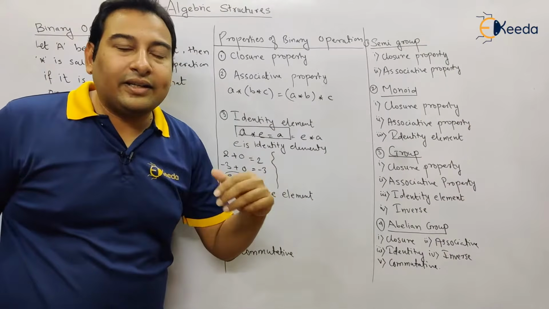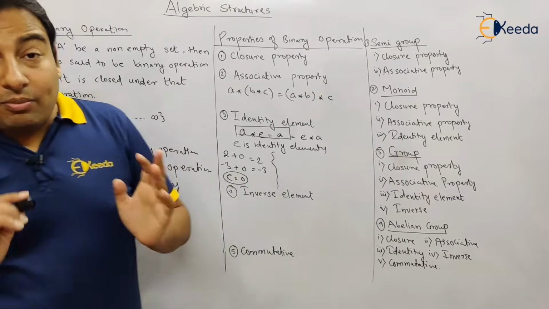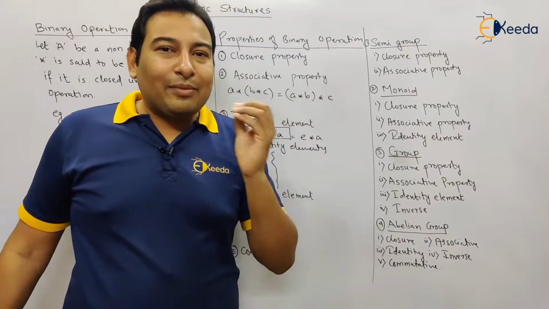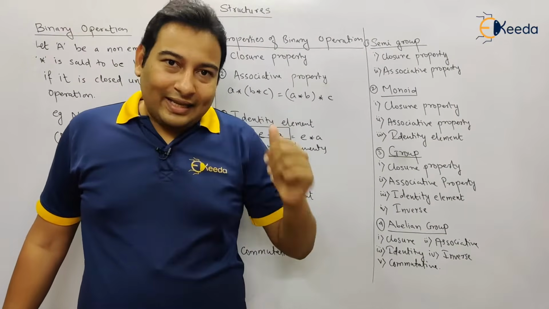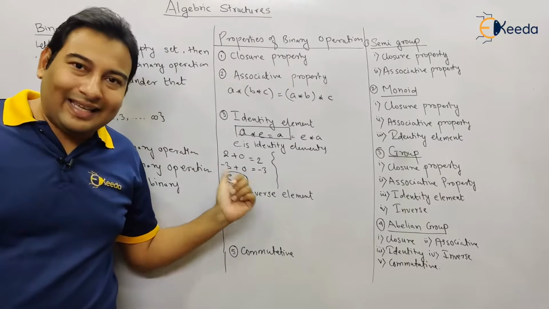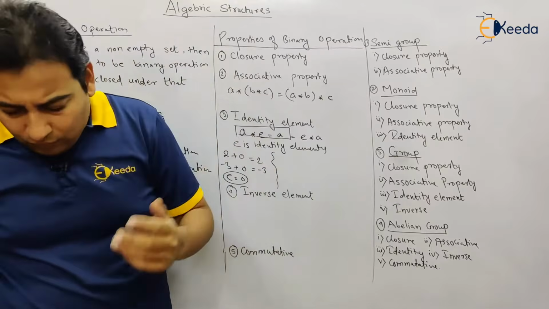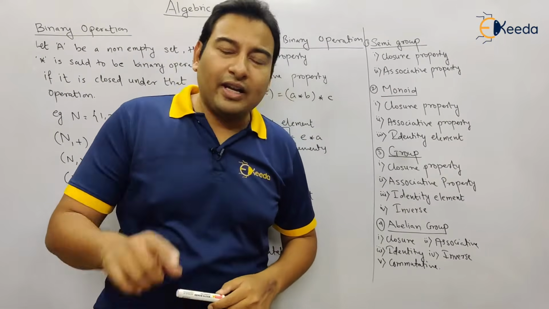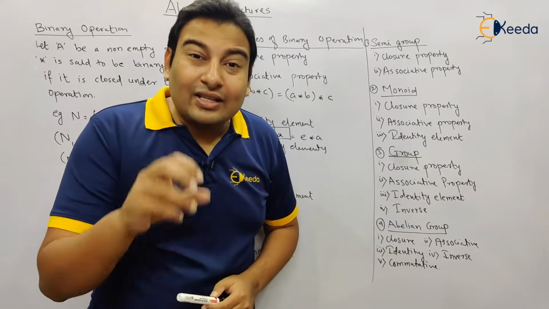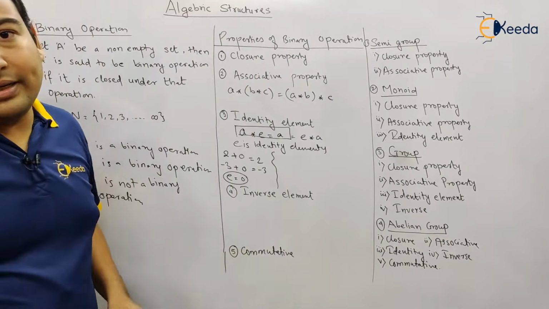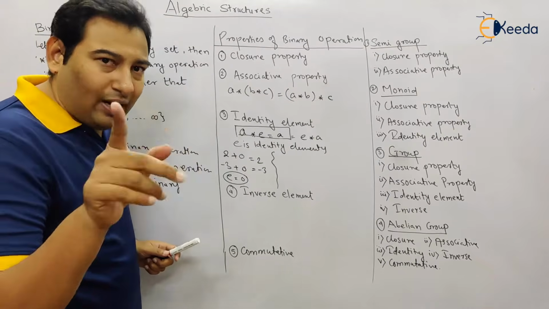Generally what we say identity element is 1. But forget about the normal mathematics. We are into discrete mathematics. Generally what we say identity element is 1, but not here. Here E is equal to 0. Identity element is 0. So whenever I ask you what is the identity element, you should ask me first, sir, with respect to which operation? So with respect to plus, E is your identity element. That is, E is 0 is your identity element.